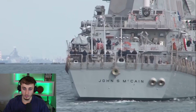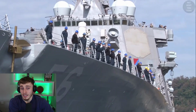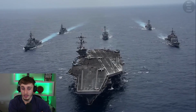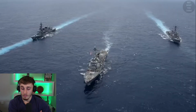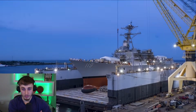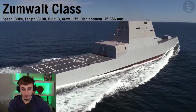The average price of an Arleigh Burke-class destroyer is $1.7 billion, with an average annual operating cost of $20 million. Burke destroyers are expected to remain in service for up to 40 years. In total, 68 destroyers were built and 5 Flight 2As are currently under construction. The Zumwalt class was to...